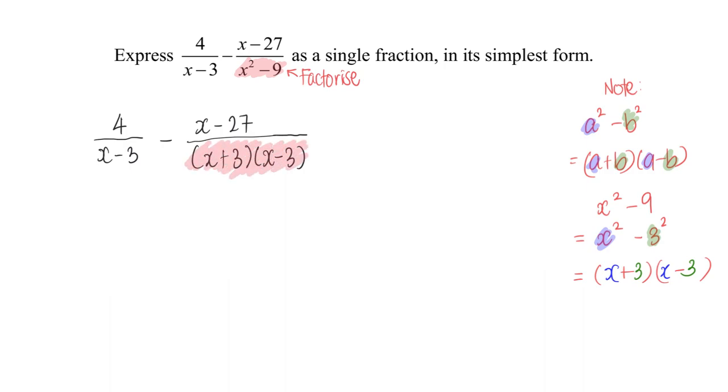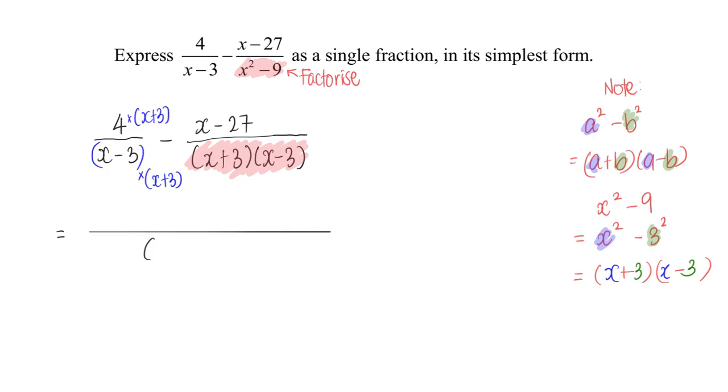Next, I saw that x minus 3 is already there. So to make them a single fraction, I need to make sure that the denominator is the same. So I would then need to multiply by x plus 3 to this fraction, both the numerator and the denominator, so that you will then see Mr. Tan's next step. Mr. Tan will draw a straight line already,